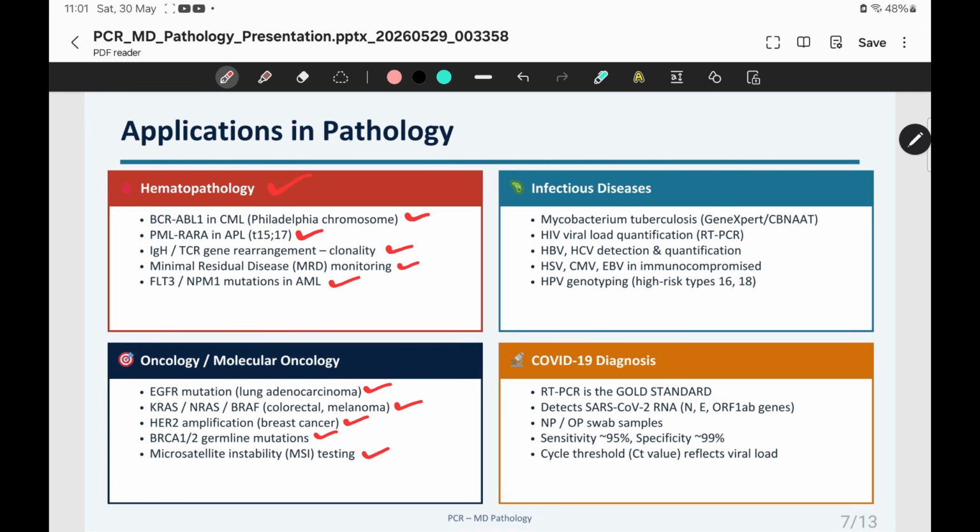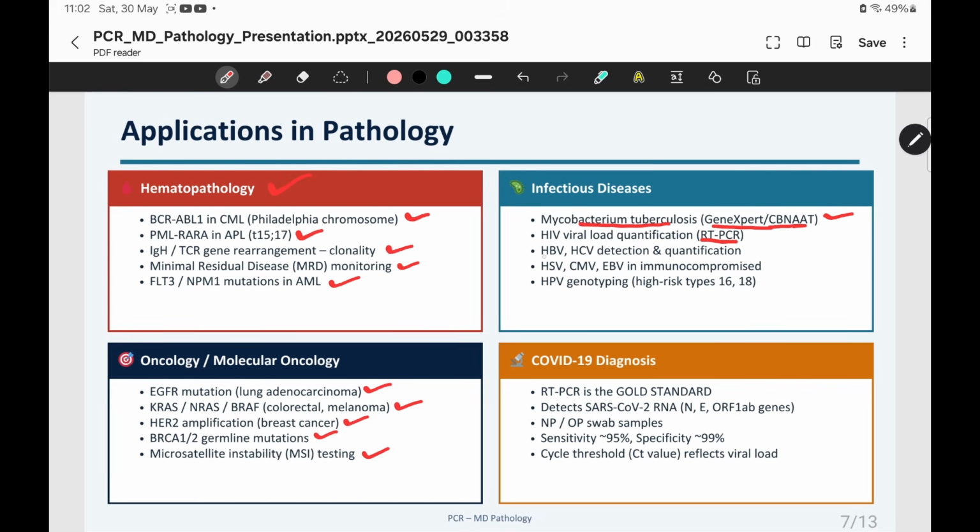For the diagnosis of infectious diseases, PCR is also very important. It helps in the detection of Mycobacterium tuberculosis, and the GeneXpert and CBNAAT processes are based on the principle of PCR. For detection of viral load in case of HIV, mainly by RT-PCR, because we know HIV virus is an RNA virus. Hence, first RNA is converted into DNA and then PCR is done on the DNA. Hence, it is a reverse transcriptase